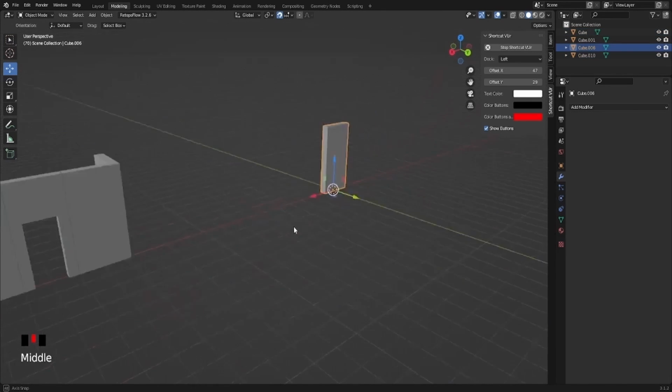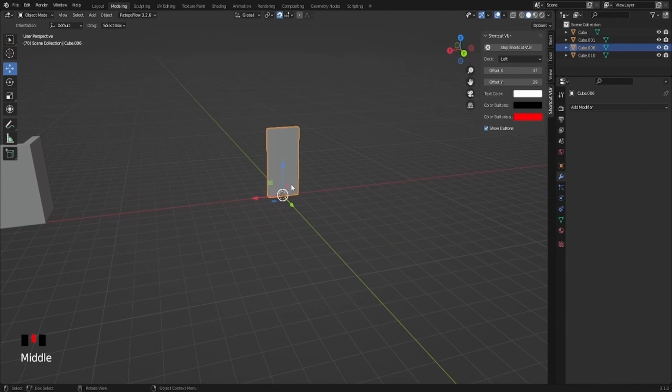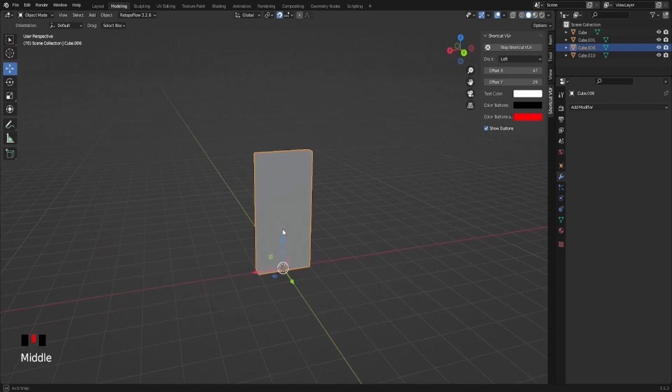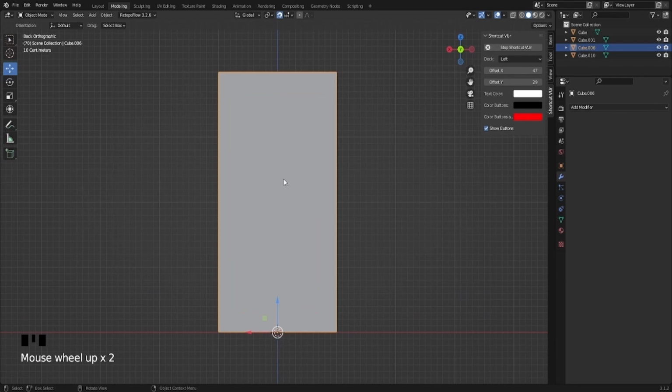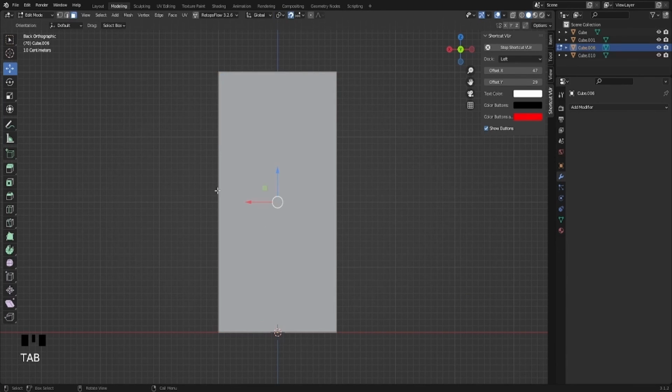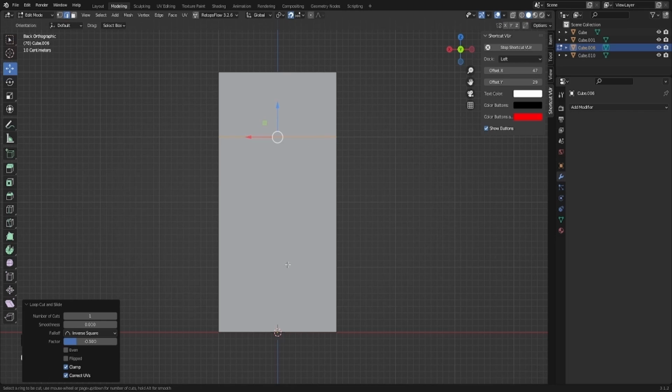I'll just move them off until they're needed again. Right, so I'm going to start with a very simple basic square window, and we'll do more decorative types as well, but for the moment, just for the sake of understanding what's going on, I'm going to keep it simple again. I will press Tab, go into edit mode, and press Ctrl R to throw in some loop cuts. I'm not too worried at the moment about how and where I'm putting these. I just want to put in the cuts first,